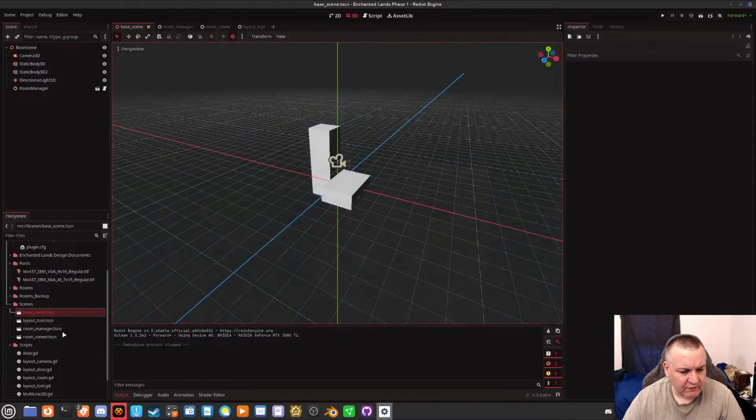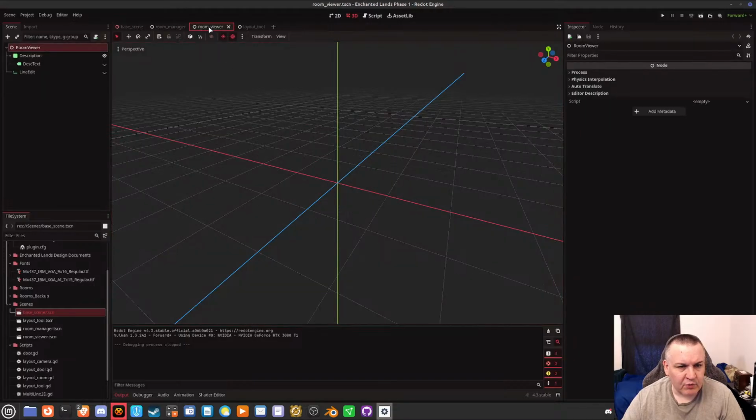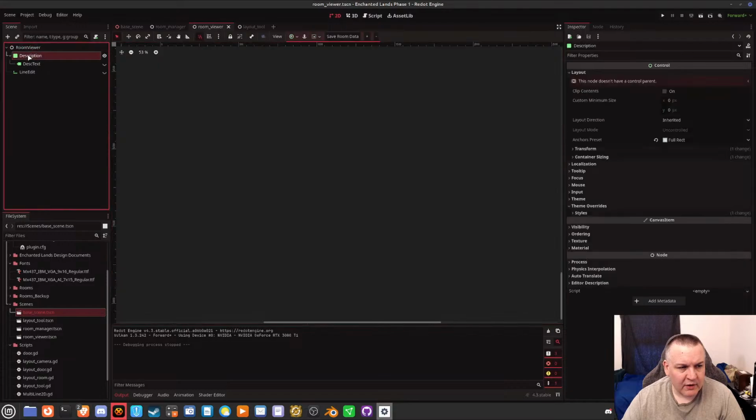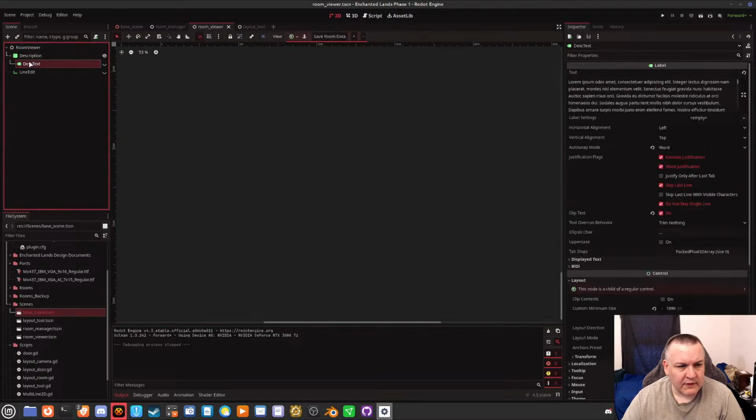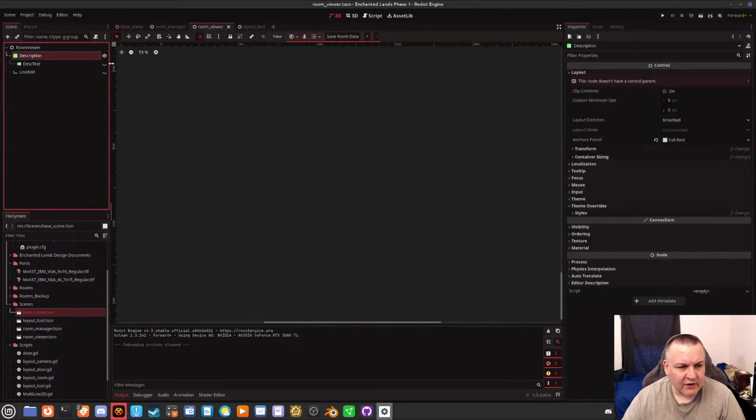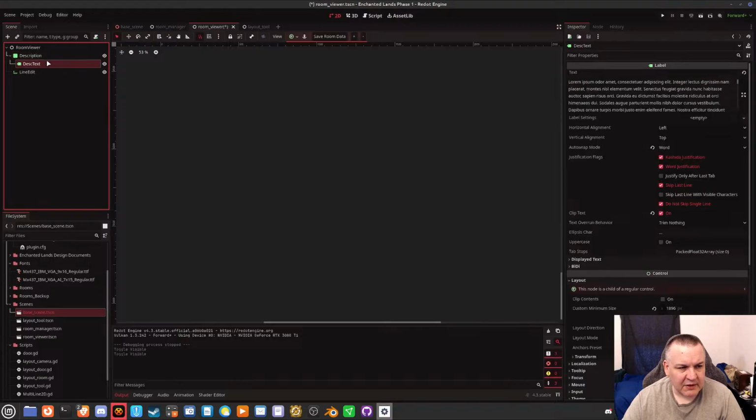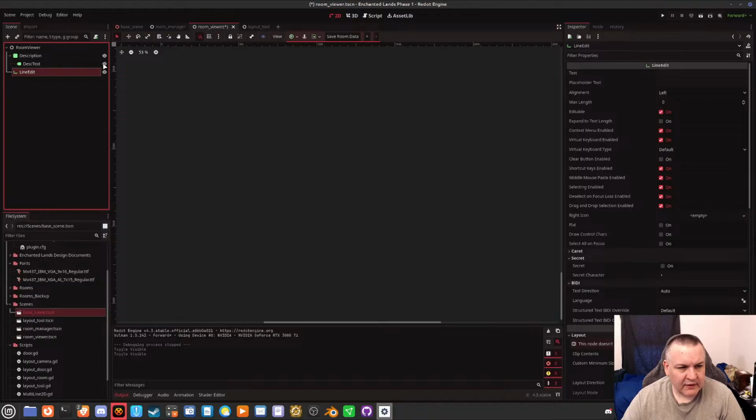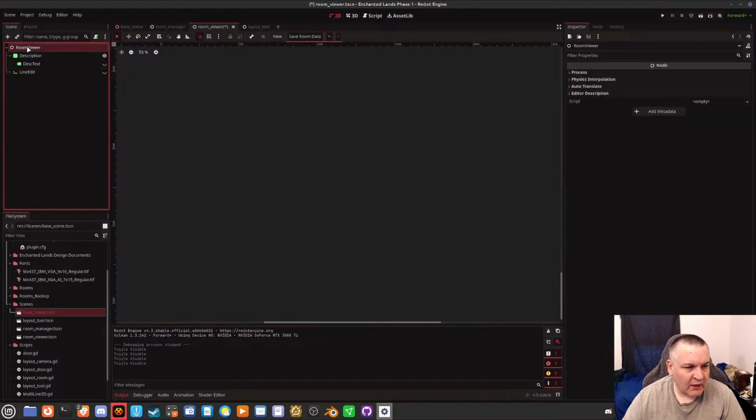Let's see if I can find the scene, not the layout tool scene, but the room viewer. Okay, so this is the room viewer. You can't see them because they're turned off right now. Room viewer is just a class that holds the description text.